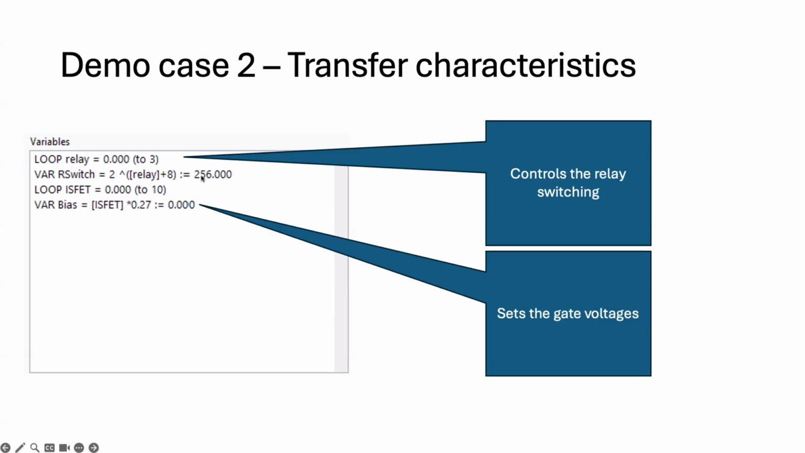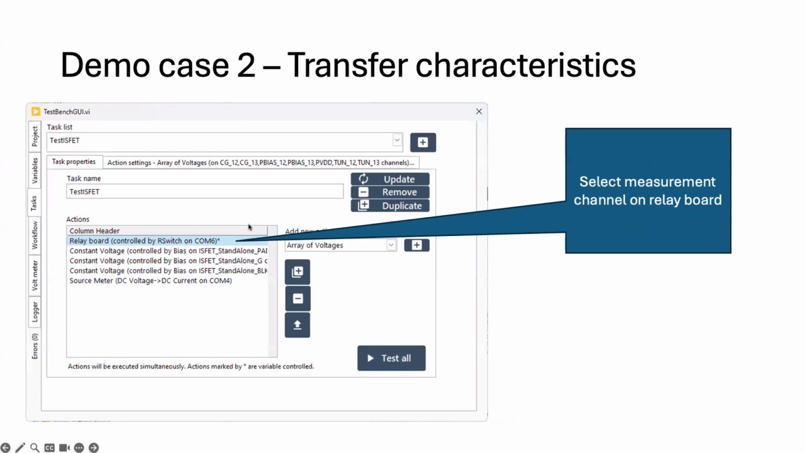Okay, cheers. Of course. So here we are using variables. One for controlling the relays. The other is for biasing the ISFET gates. Then